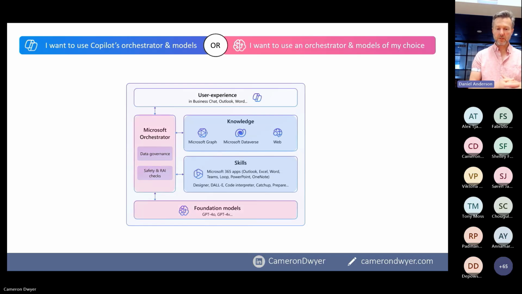If you were to swallow the pink pill on the other side, what that allows you to do is switch out the Microsoft Orchestrator for your own orchestrator, and switch out the foundation model for your own models. But I think if you're going to that type of development, you're not necessarily reaching in and extending the knowledge into your enterprise systems, but you're actually fundamentally changing that whole orchestration. It gives you a lot of power, but that's not what we're going to talk about today. So just to set the stage, we're going to be focusing on extending the knowledge and extending the skills.